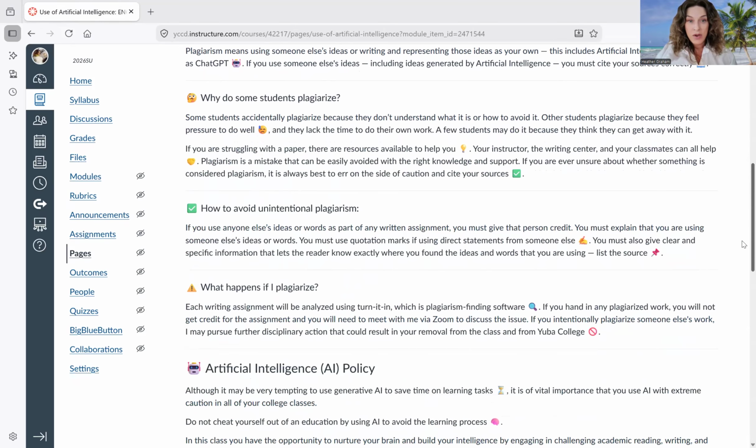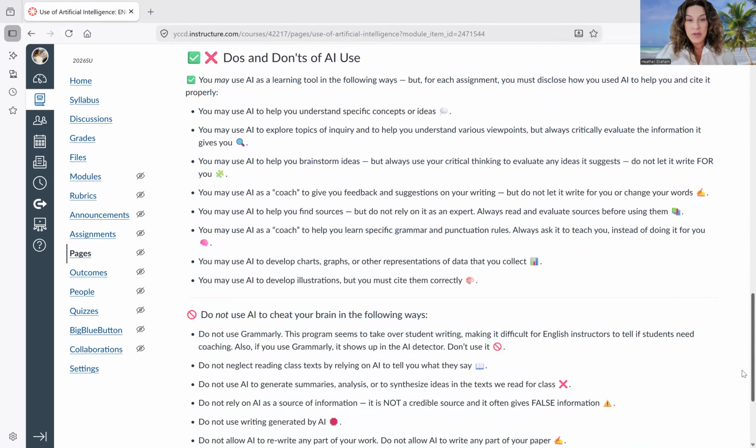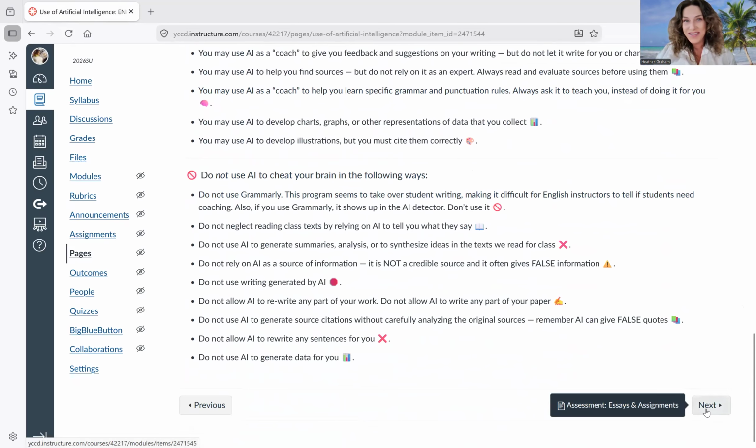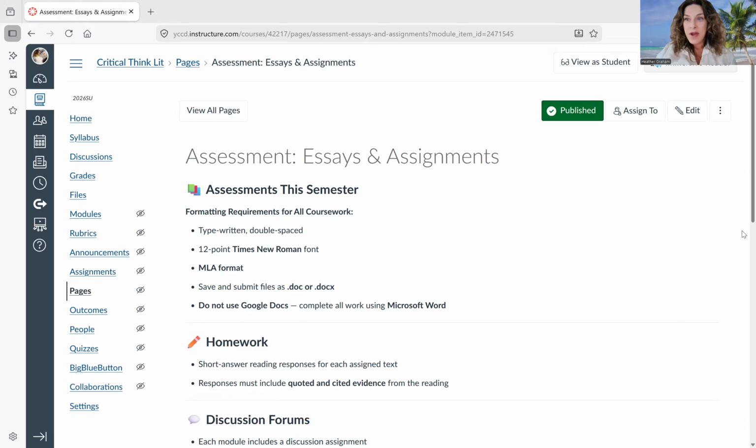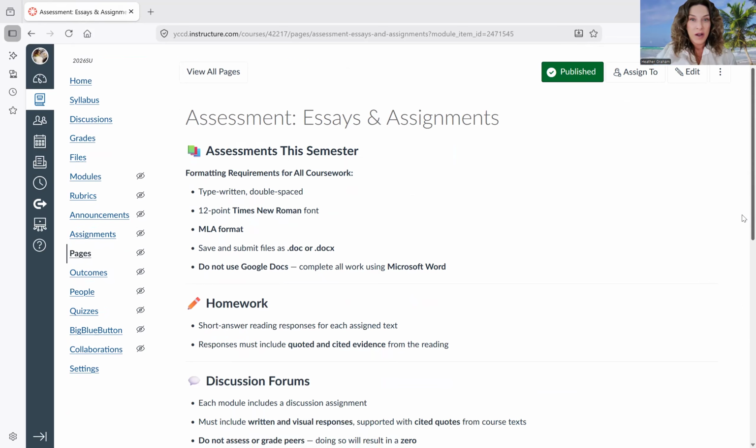So again, I'll let you guys read through this. It is a bit extensive, and I will put you to sleep if I start reading it all. Let's get back to our specific course